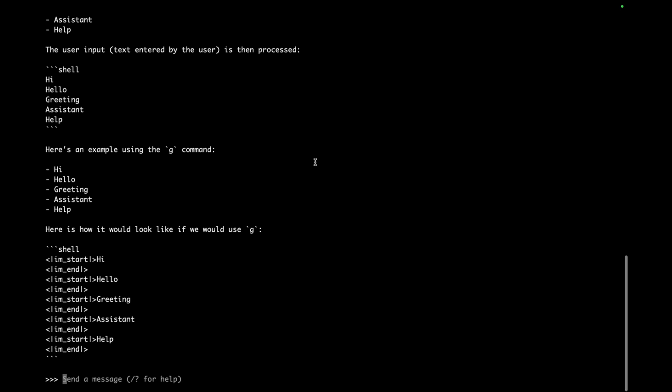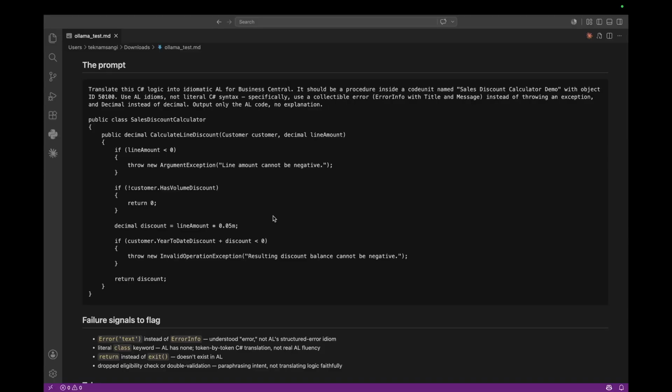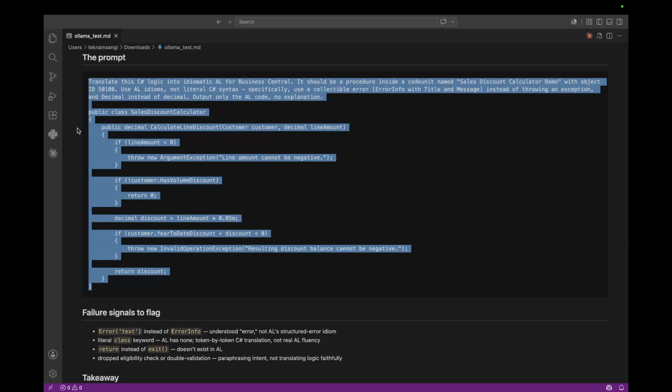But when you look at it, when I say hi, it's like hello, greeting. So it's basically very not well trained, because here is how you'd like to say it. So it's pretty not giving me the right result that I'd like. But let me just test it with this complex prompt, like translate this C# program that would